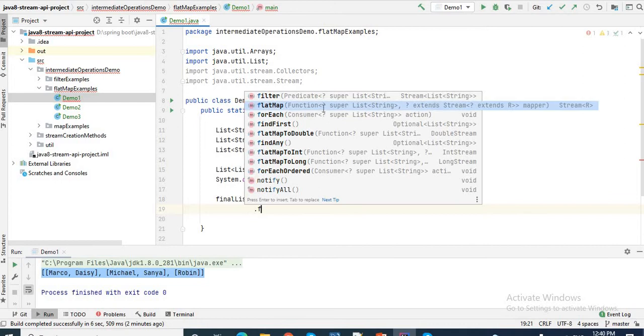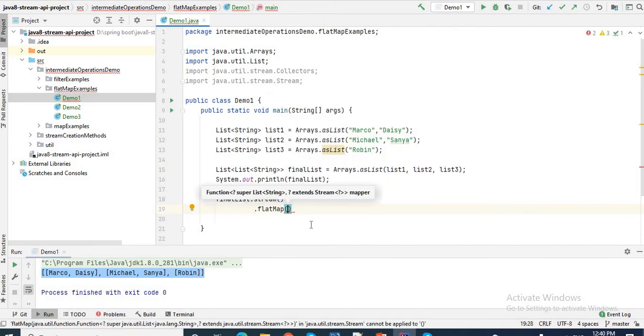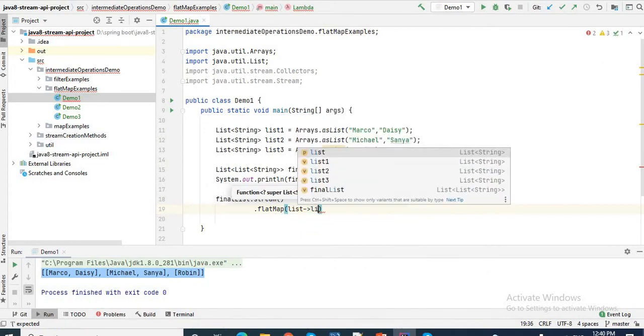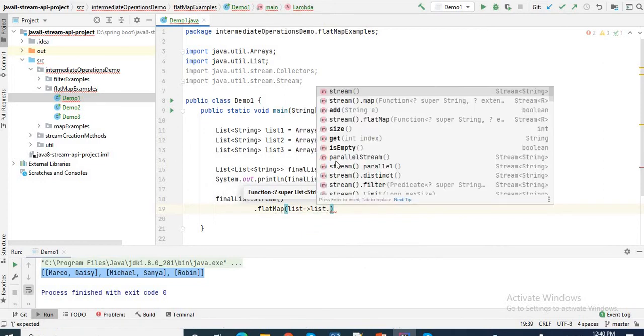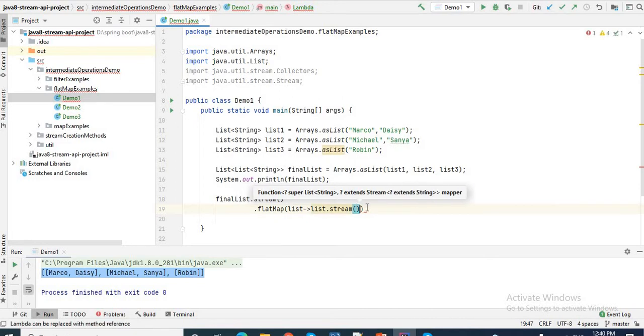For each element, flat map will produce multiple values. So let me give here list, then list.stream, because this final list is a list of string.